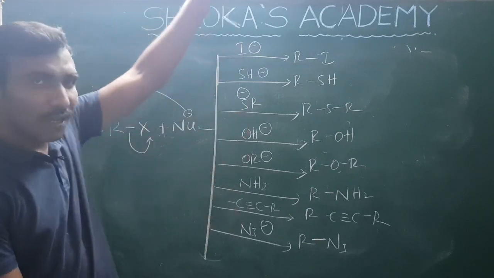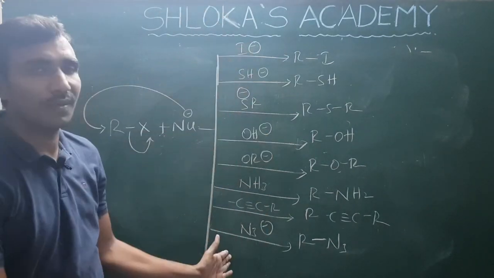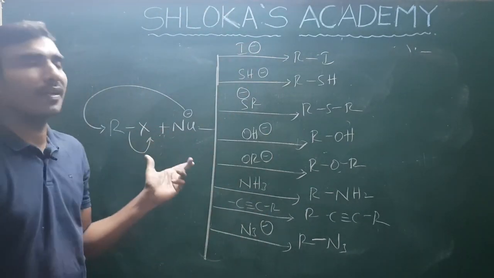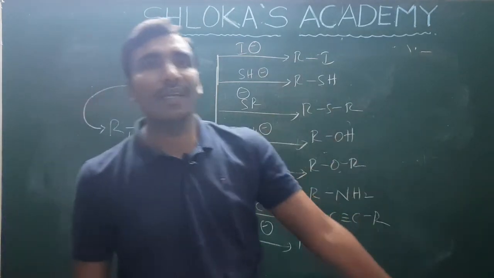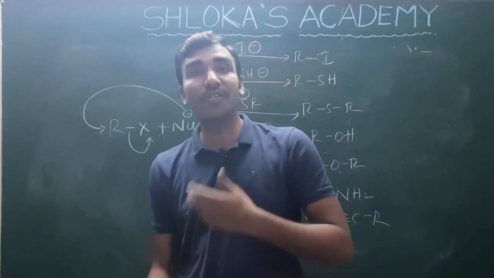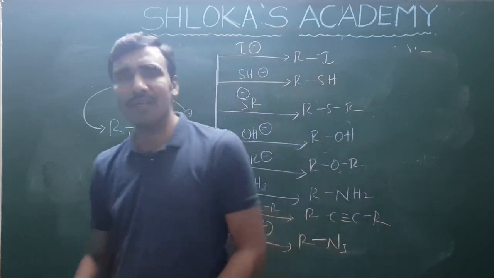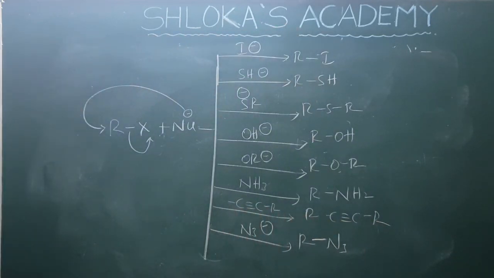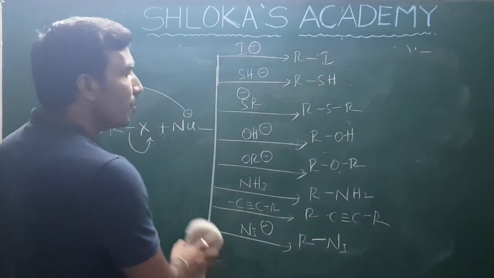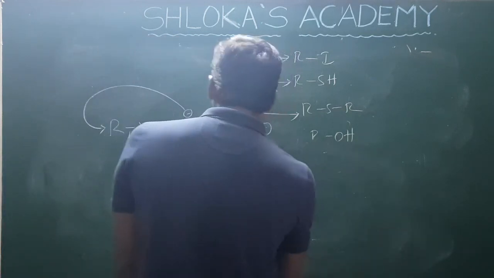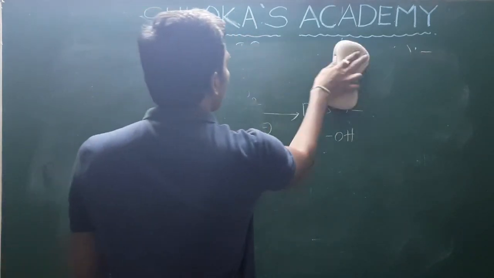In the examination they will give different types of nucleophile. If you understand the mechanism, within seconds you can write the product, with stereochemistry as well. At the mains level they can ask this much, and at the advanced level they can go into stereochemistry. That's it. Next, let us move on to the SN1 mechanism.